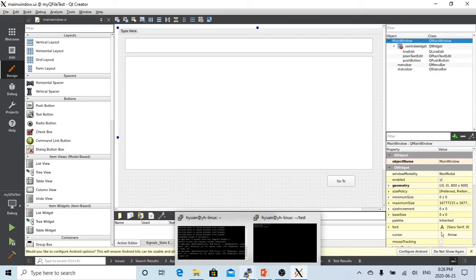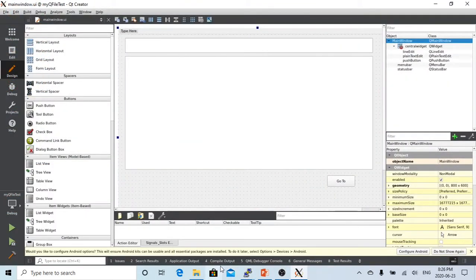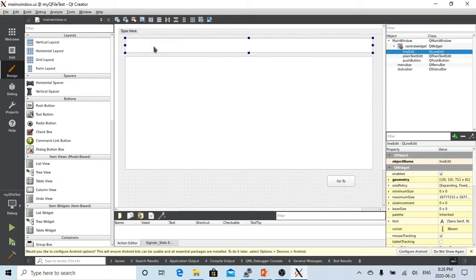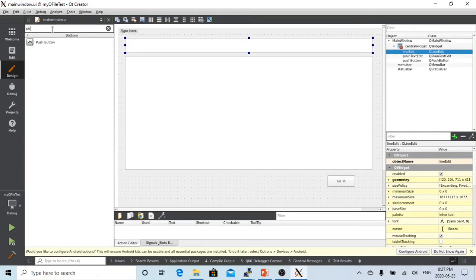We are going to use an example from one of the previous videos, when we were discussing the Qt QDir class. In that video, we put the directory path in this line editor and created a go-to button and displayed all the subdirectories and the files in this plain text editor. And right now we are going to create another button